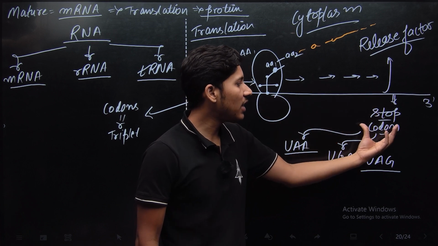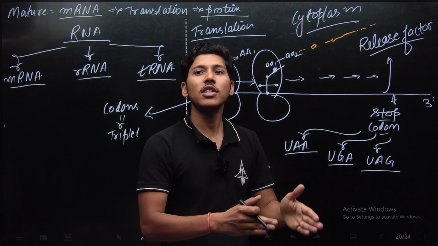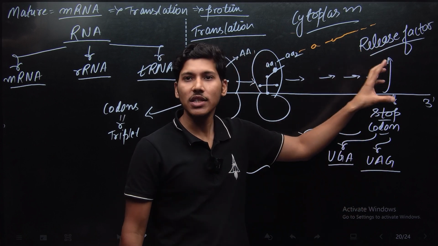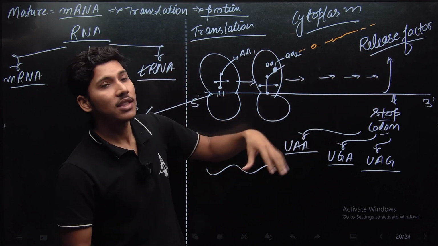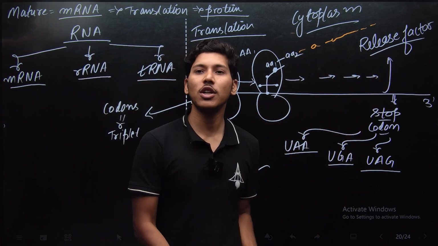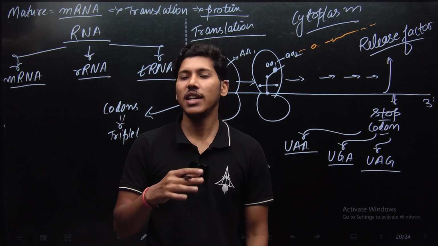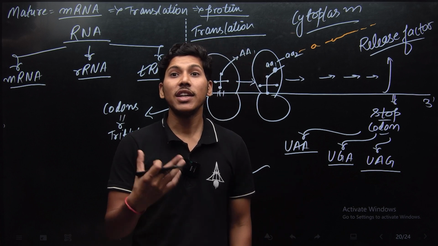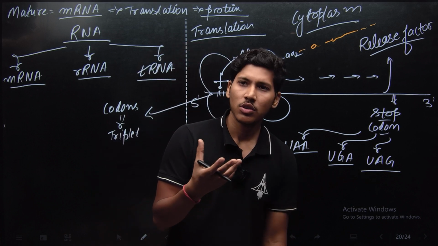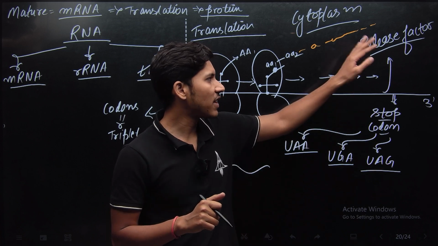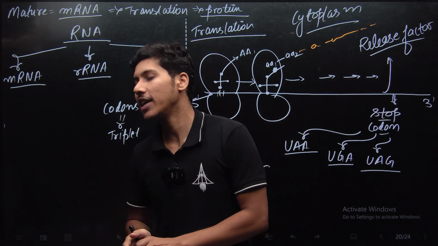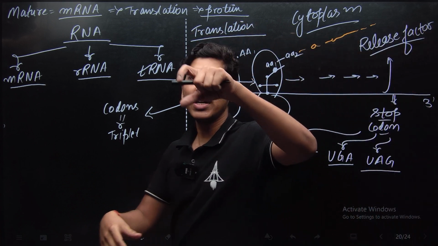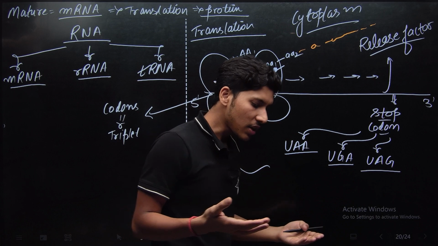they get near the stop codon, or they get on the stop codon, which are UAA, UGA and UAG, then release factor binds on this machinery and this whole complex breaks down, because stop codons don't have amino acid. In nature, there are no tRNA which have amino acid specific to these three stop codons. That's why release factor binds and this whole machinery gets disintegrated. So the tRNA, the rRNA and the mRNA get disintegrated, and the protein chain is released in the system,